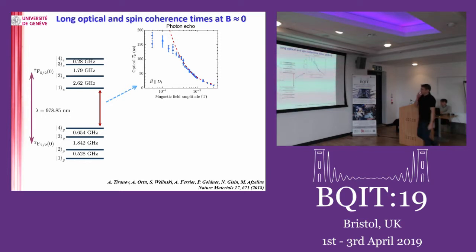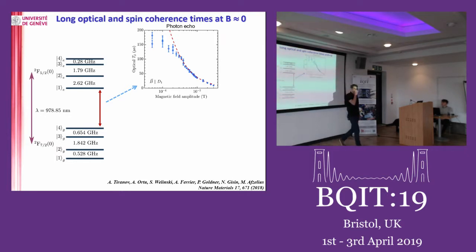My student came and said, well, I have some field on and I get 100 microsecond coherence time, in a system where we expect to get a few microseconds because it's electronic. And then I told him, well, ramp up the field a bit. And what happened, because usually you put in more field, you get better coherence time, is that the coherence time just went down. And we were here somewhere when we had no field on at all.